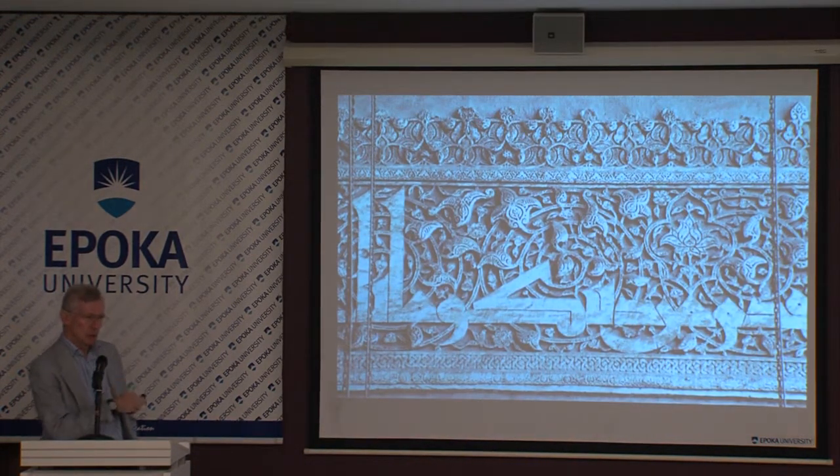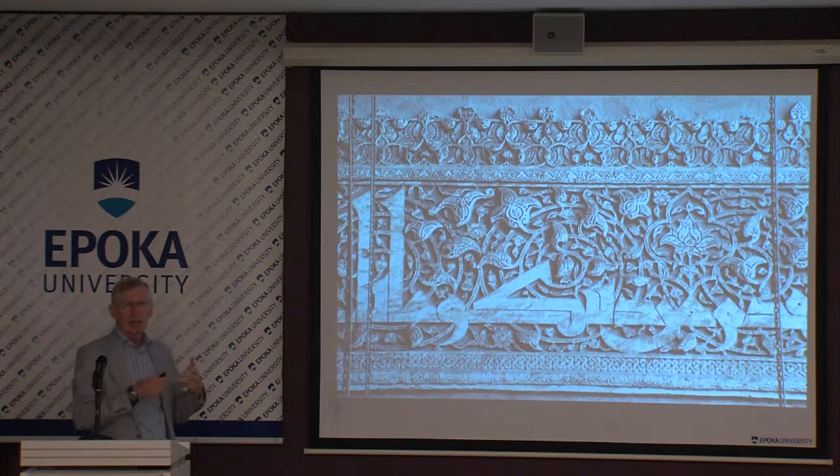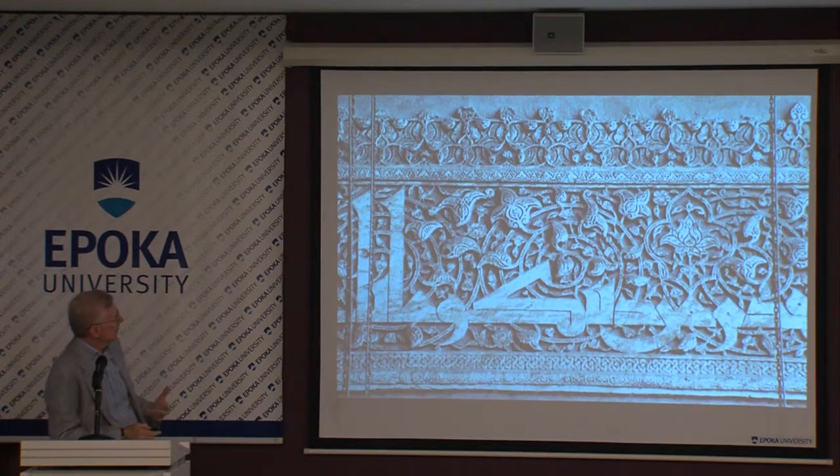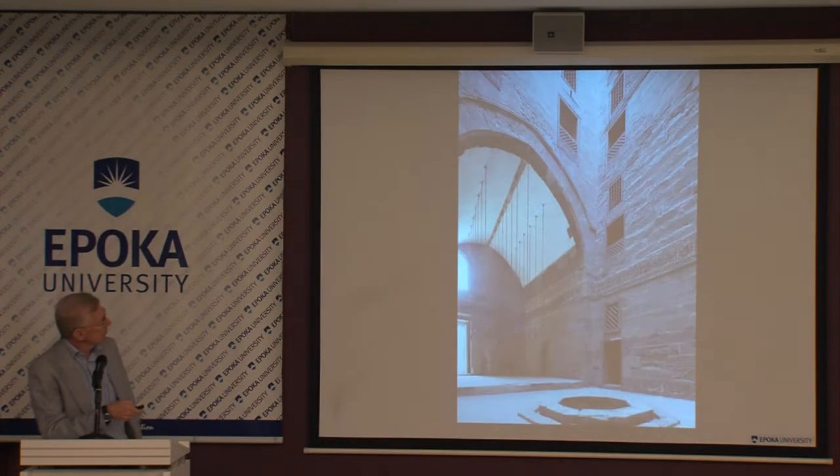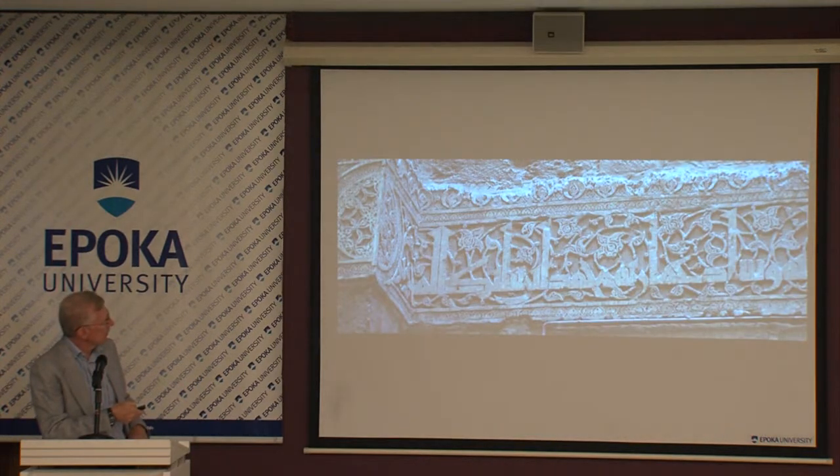It's back to Kufic, the earlier archaic style that we had in the very beginning of the days of Islam. And also it has these kind of triangular forms on the letters, which is unusual for Kufic. The place where you find this most often is in manuscripts. But before we get to that, I'm just going to show you a detail of this, because it has